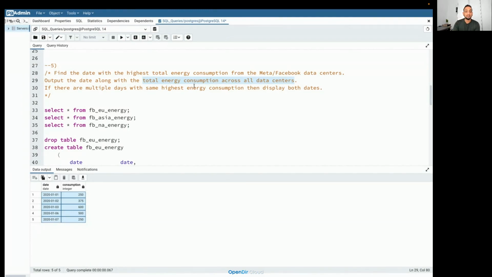So when they say all the data centers, I know that each of these tables has data for one data center present in a particular continent, right? So if I need to consider all the data centers, I need to consider the data from all the tables. So basically I need to bring together the data from all the three tables and then apply whatever logic I need to apply.